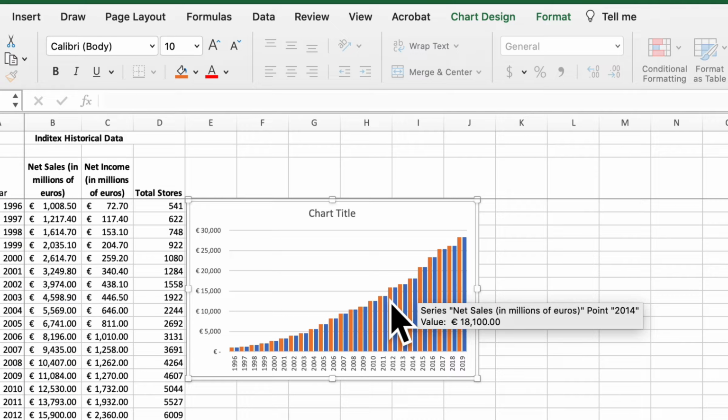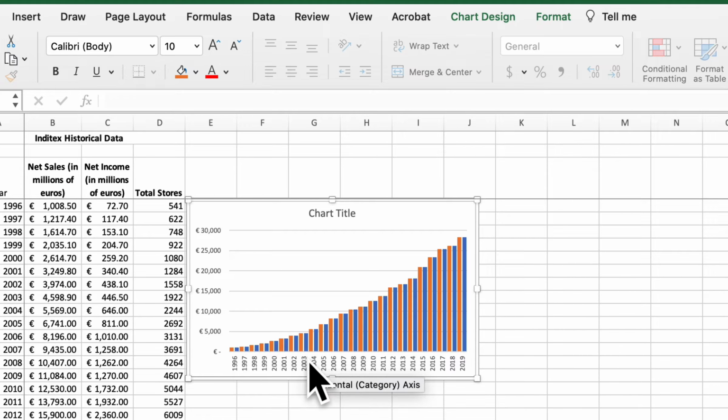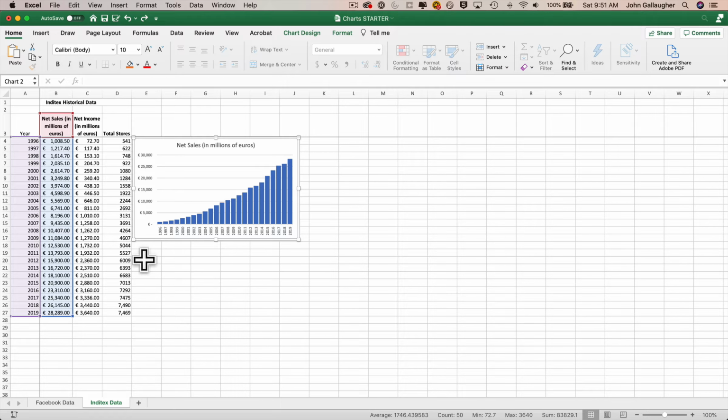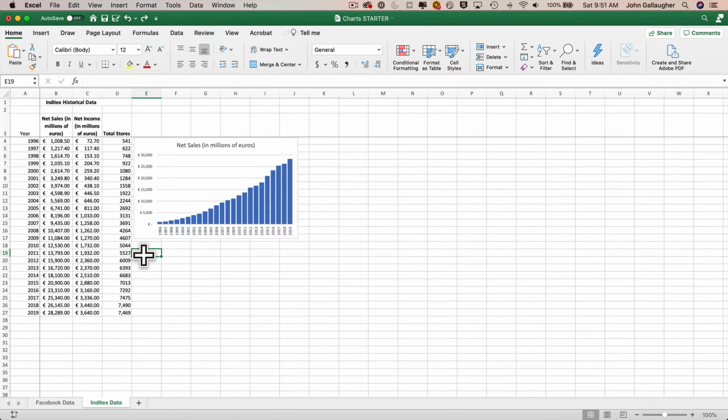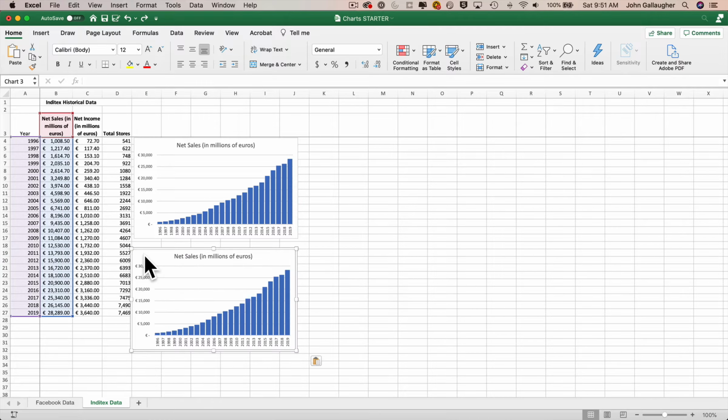and this adds a copy of the exact same data series inside the chart. So that's why I now see 2 columns for every value. That's not what I want, so I'll undo this, Command-Z Mac, Control-Z Windows. Then I'm going to click off of the current chart onto the worksheet where I want that chart to be pasted, then paste it in, Command-V Mac, Control-V Windows, and I get a complete copy of my first chart with